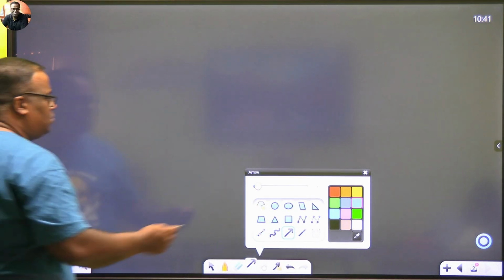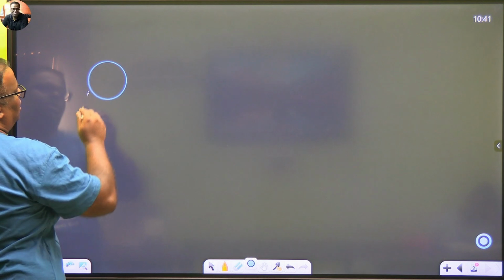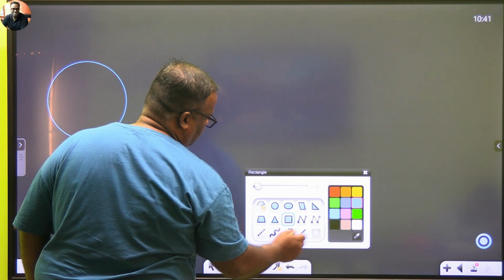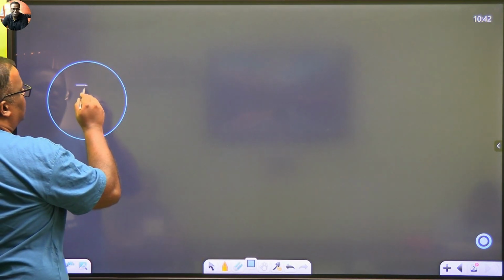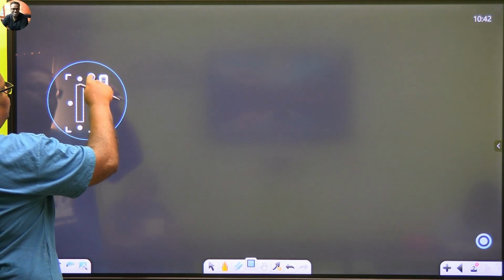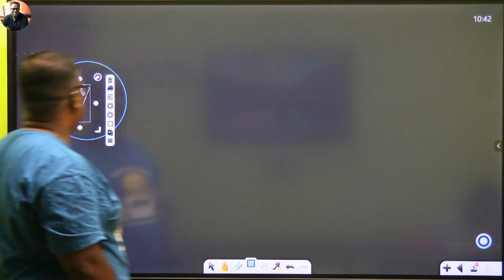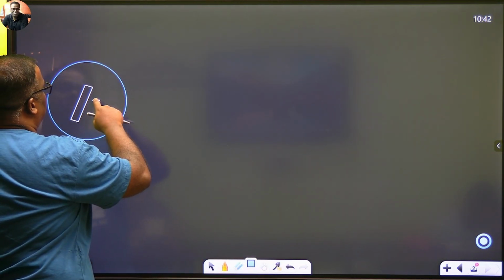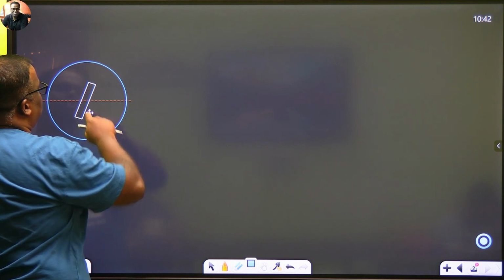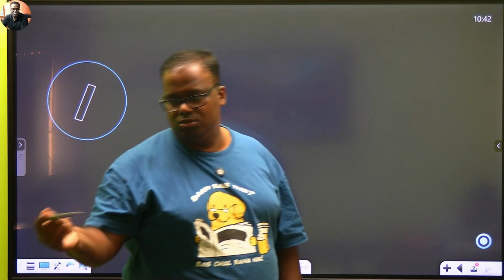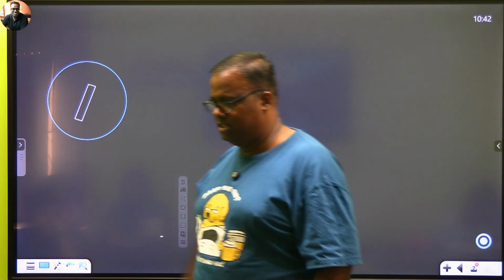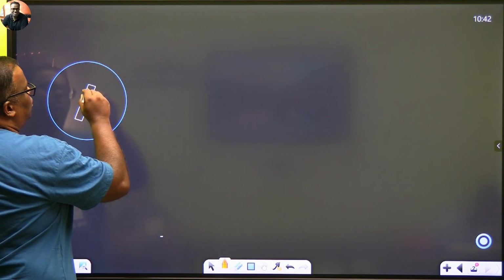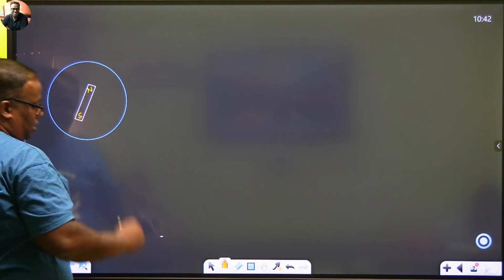Yes sir, but we understood the Earth's magnetic field. Suppose this is our Earth, and you have a magnet, a bar magnet. When you release the rope, your bar magnet becomes something like this. After you disturb it, it ultimately comes to rest like this. Now the interesting part of the discussion: it is always found that the north pole of this magnet will always be pointing towards the